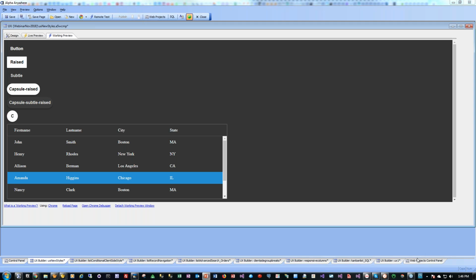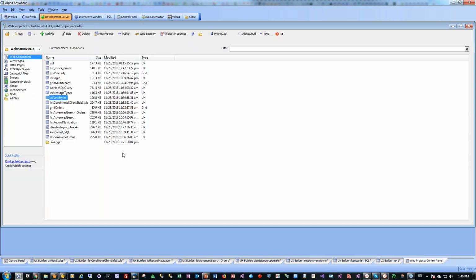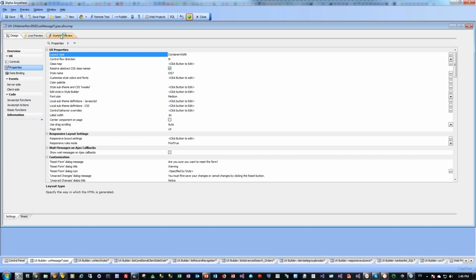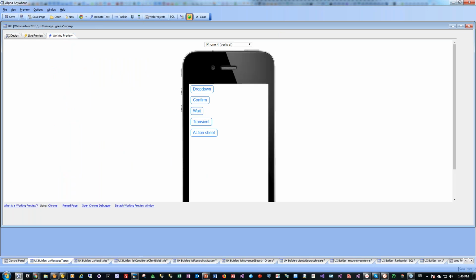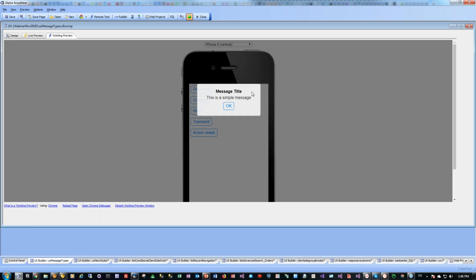Then we've added a whole bunch of new message types. So let's go and take a look at those, and we'll talk about how we did them. So I'm going to open up this sample component here, and I'm going to run it, and then we'll go ahead and actually discuss it. So the first type is a drop-down message. So this is just a standard message,